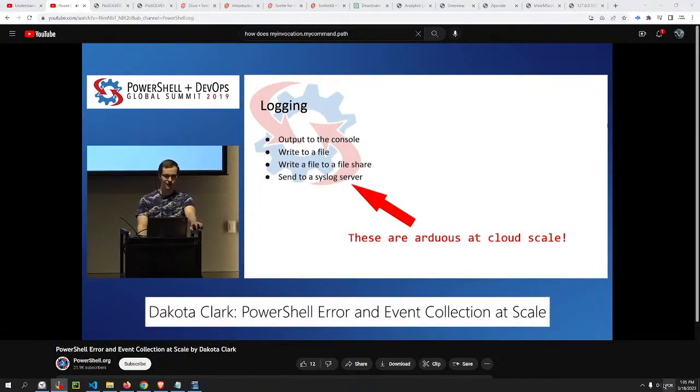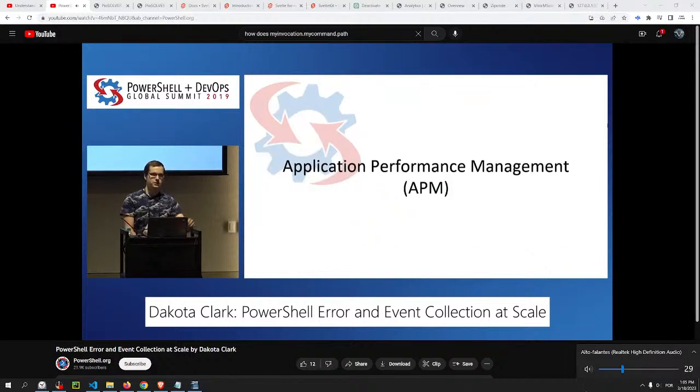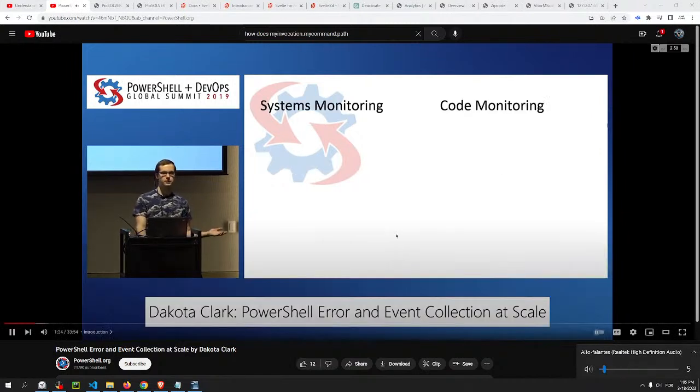In order to do these things in Azure, it's kind of hard and not necessarily easy to maintain. So there's something called application performance management, or APM. This is something that you'll commonly see developers use to track the performance and the different actions that their code is taking as it's executed. So to give you a comparison with traditional systems monitoring, something we're all used to, in code monitoring,